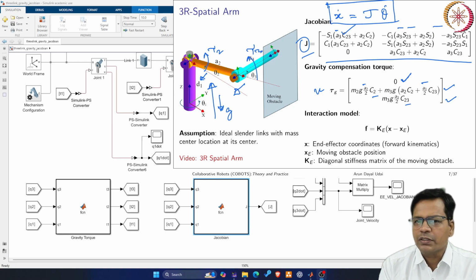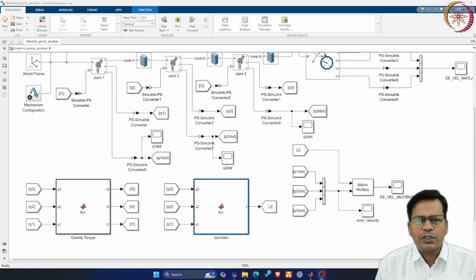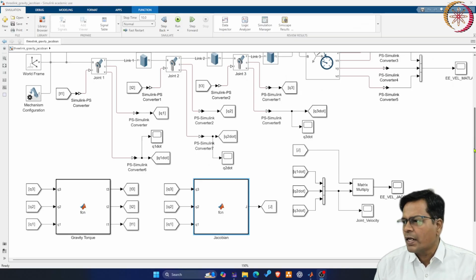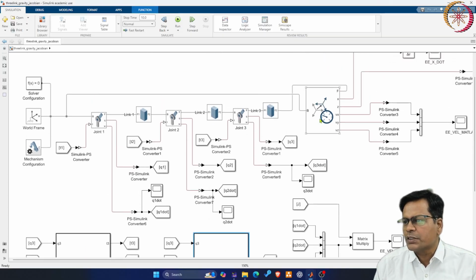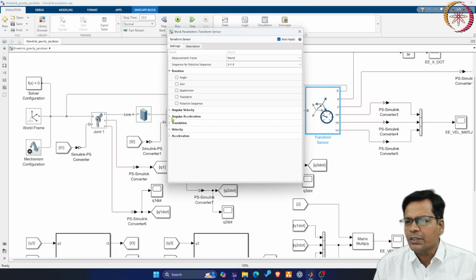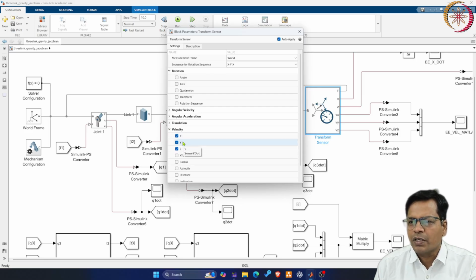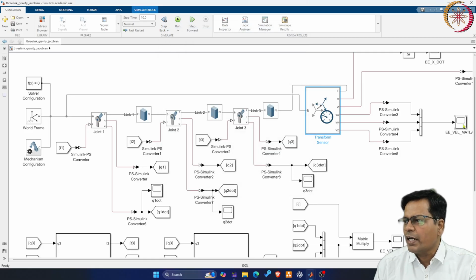End effector velocity I can also obtain using the end effector transform sensor block, and I can directly obtain the velocities from here. Velocity along x, velocity along y, velocity along z, all three can be obtained. I'll compare that.